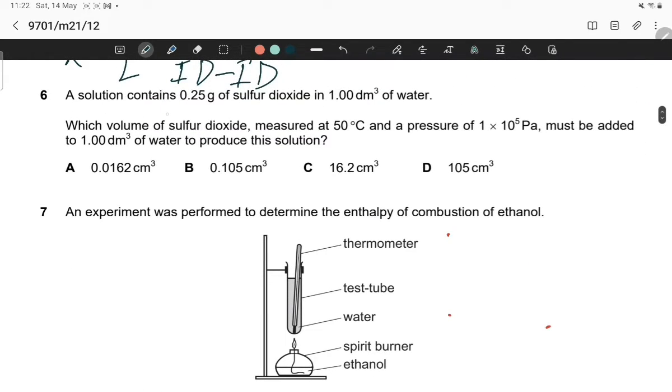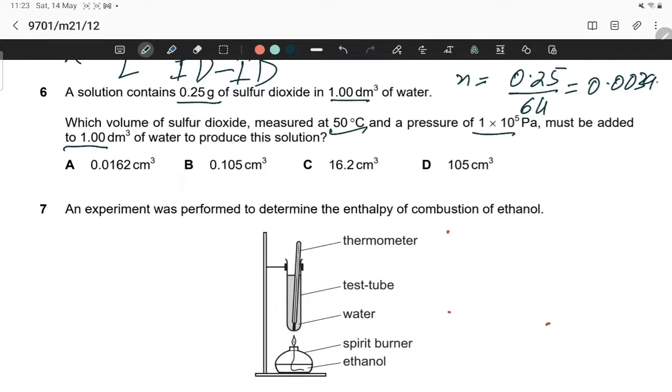Next question is, a solution contains 0.25 grams sulfur dioxide in 1 dm cube of water. Which volume of sulfur dioxide measured at 50 degrees centigrade and pressure 1 into 10 raised power to 5 Pascal must be added to 1 dm cube of water to produce this solution? So we have 1 dm cube of water, 0.25 grams sulfur dioxide. So first calculate the number of moles. n is equal to 0.25 divided by 64,